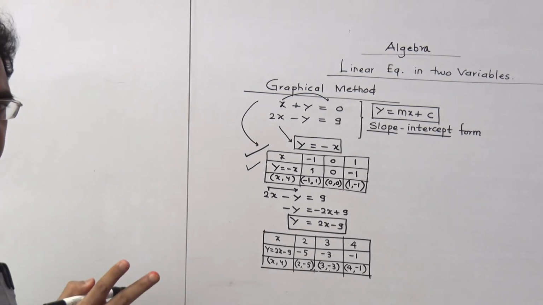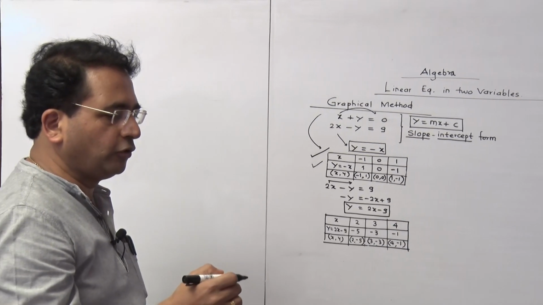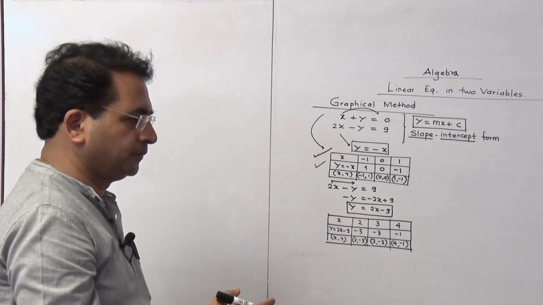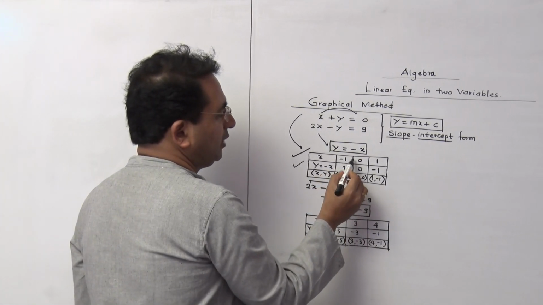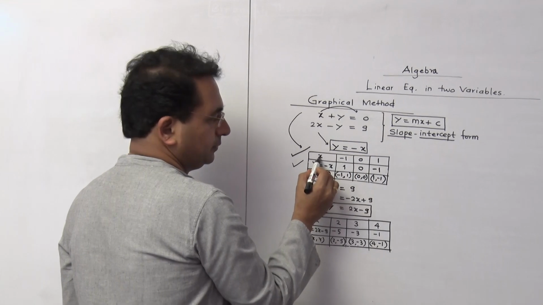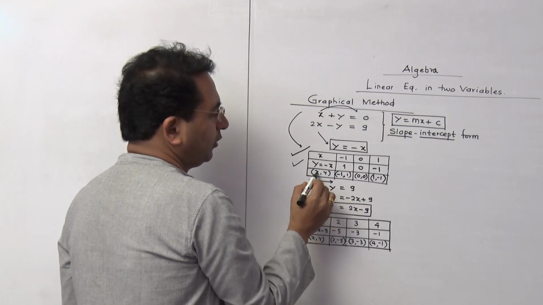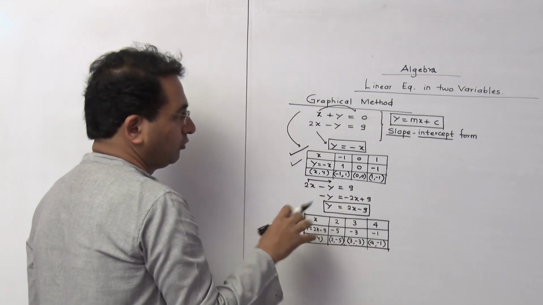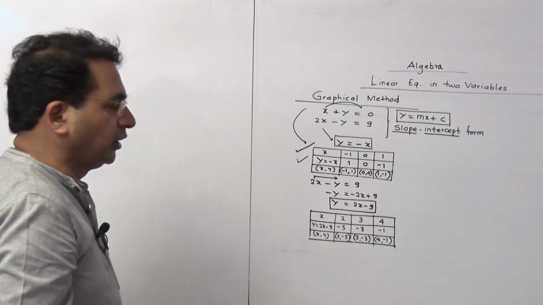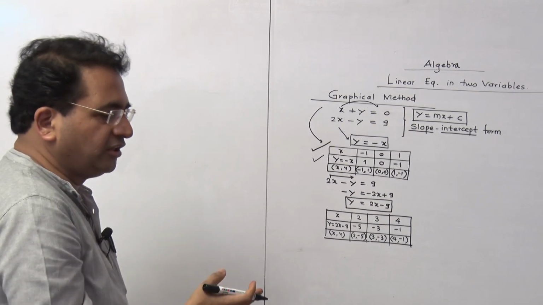If you take 2 points, 2 points are always collinear. Therefore, you will always get a line. So remember one thing. You have to take 3 values of x of your choice and then calculate the value of y. Then you can go for x and y values. These are the 3 points which we have to plot on the graph. Let us plot these points on the graph.